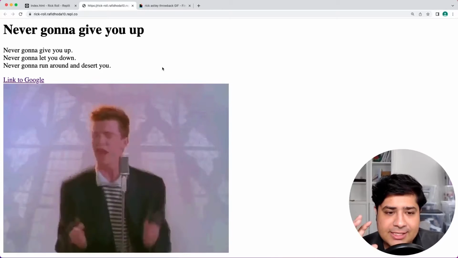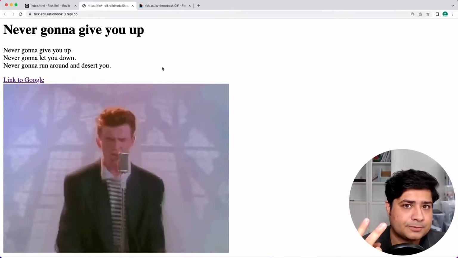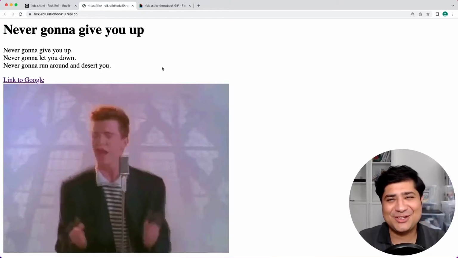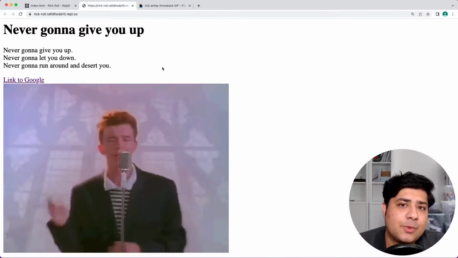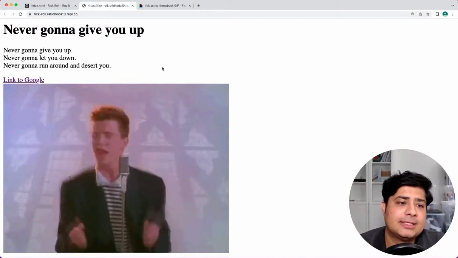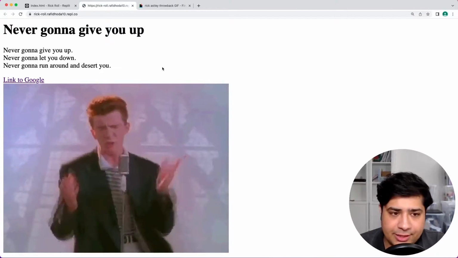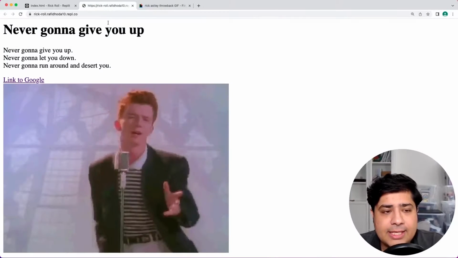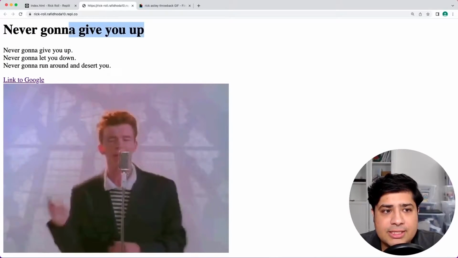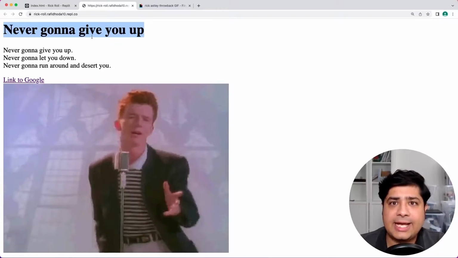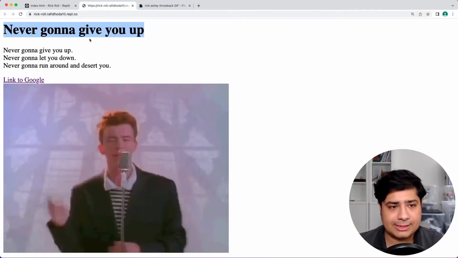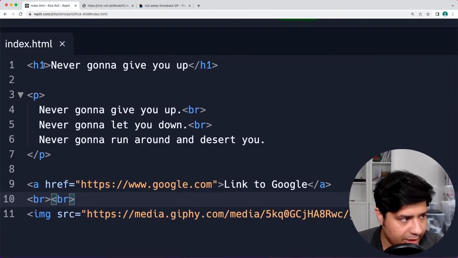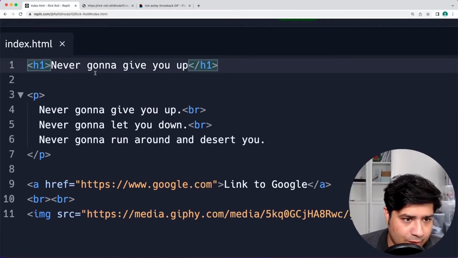CSS is the second coding language in the 3 web technologies trinity, you can call it, that is going to provide us with styling and the ability to add colors and all that kind of stuff. So let's see how we can use that. So let's go back here. Let's say that we want to change this heading's color from black to something like red or pink or something like that. Let's go into the code, and up here, the way we do that is go into H1,